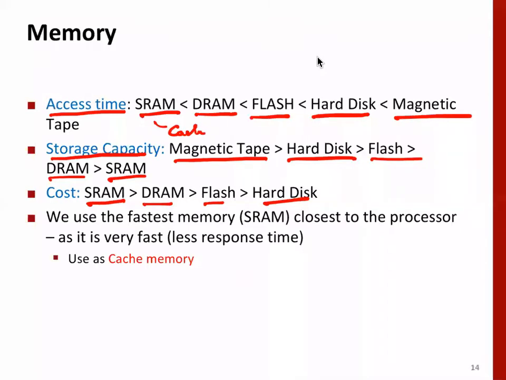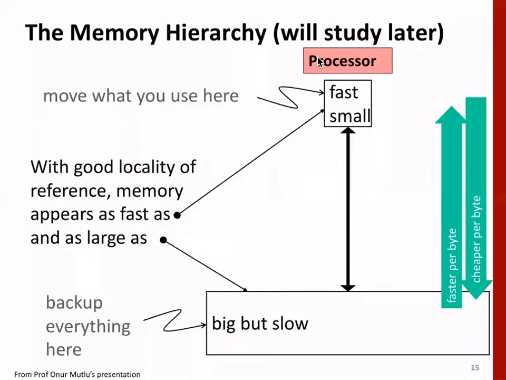Okay, and the time available in one clock cycle is very small. Then the fastest memory must be kept closer to the processor, such that access time is less. But the faster memory is generally small in size, right? So we solve this problem in the following way: we create a memory hierarchy.